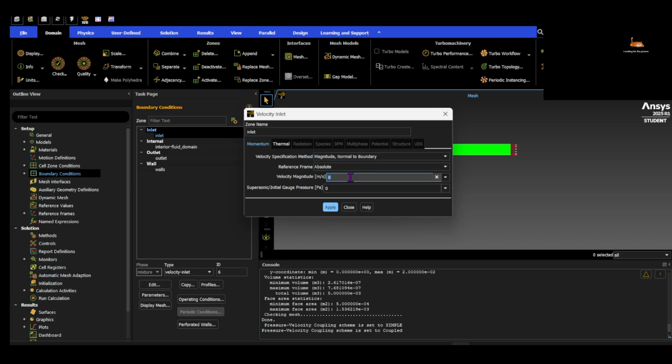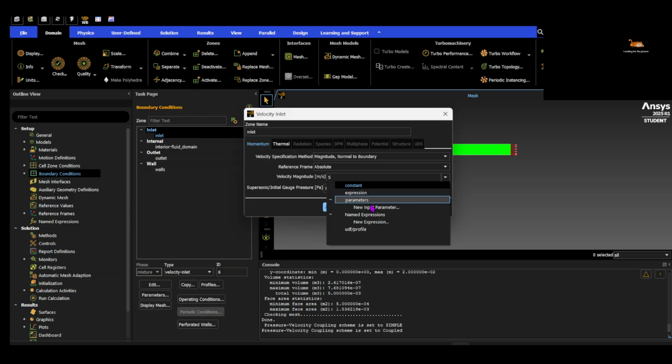Suppose in this case our velocity is 20 meters per second. That's a very huge velocity, so 5 meters per second. You can give some expression, or you can give your user defined profile. If you want your velocity to be parabolic, meaning at the inlet you have a parabolic profile, you can give a UDF profile expression as well. Let it be constant for this moment. Click on apply,